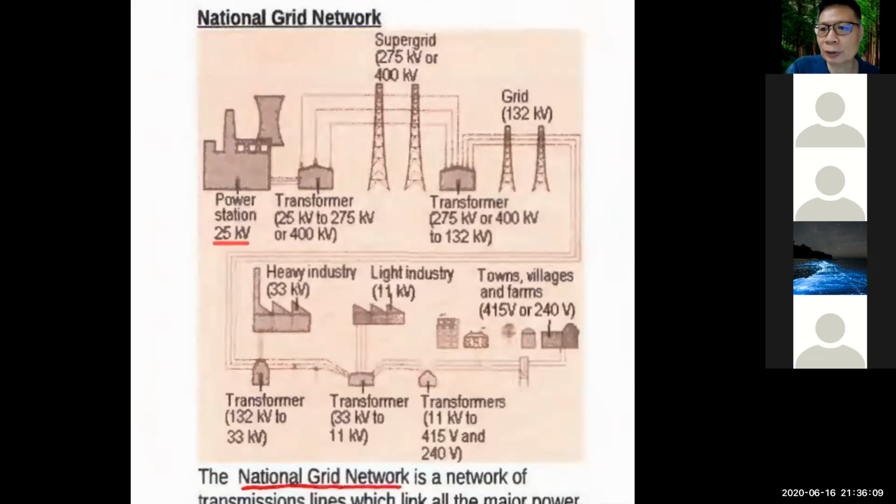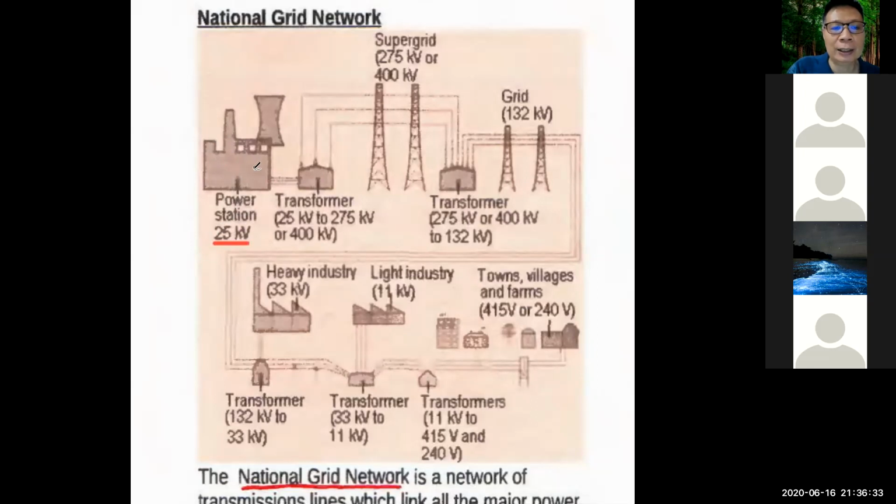Only 25 kilowatts, 25,000 watts, right? This wattage cannot be used directly from the power station. Nobody uses the current direct from the power station. So what you see in the whole diagram is that when the power station generates 25 kilowatts,